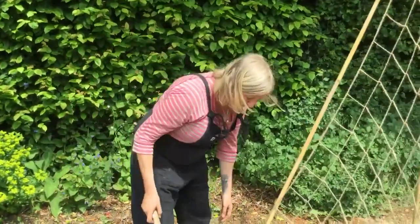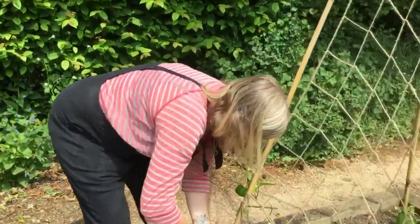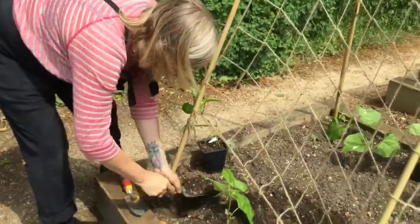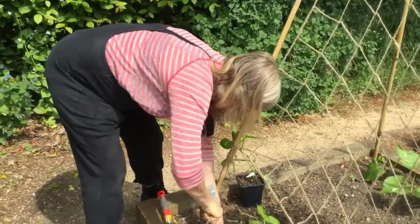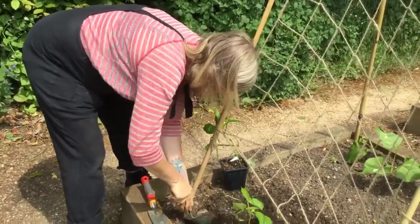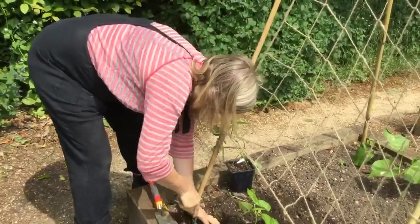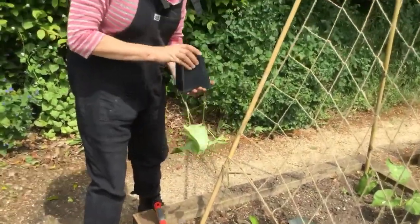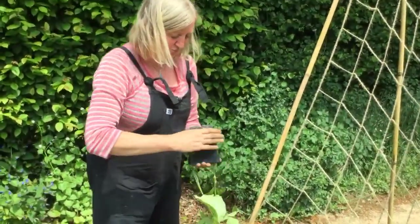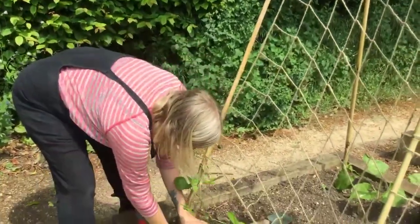I often say that the art in growing vegetables is to keep an eye on them and to give them a lot of care, because they are annuals, growing in a season. When you check them daily and water them daily, you will see any problems that arise quite quickly, and so you're able to